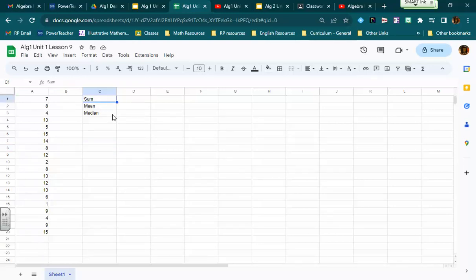Now, GeoGebra is what our IM workbook thinks we're using, but we are using Google Sheets because this is what you're more likely to use in your future. So instead of using that word sum, we can actually do what we looked at before. All right, the sum is the total of all of our values, right? So we can find the sum of our data set